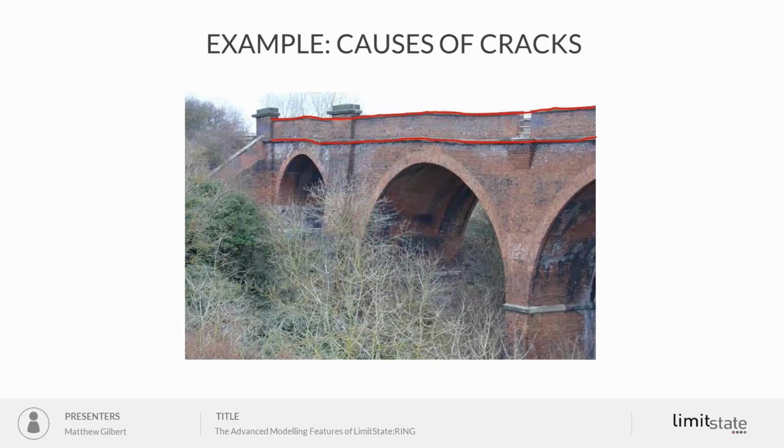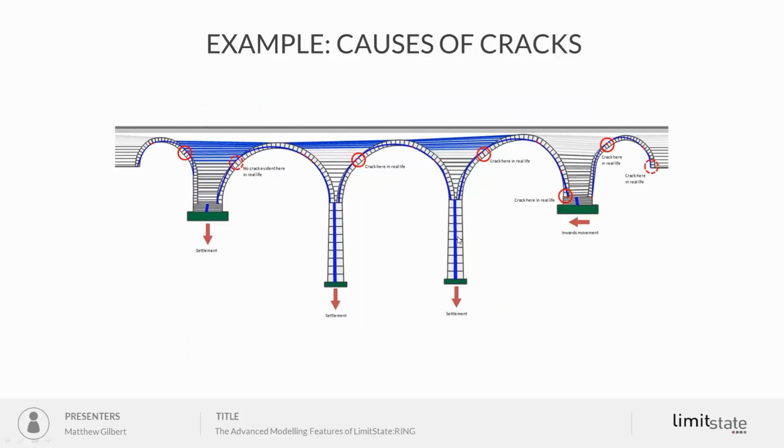It's mining subsidence, and the bridge is carrying live trains, so there was recent interest in trying to understand exactly what the consequences of this quite severe distortion were in terms of the structural response. So you can see the parapet line distorted, and also the spans quite badly distorted. So what we did in this case was